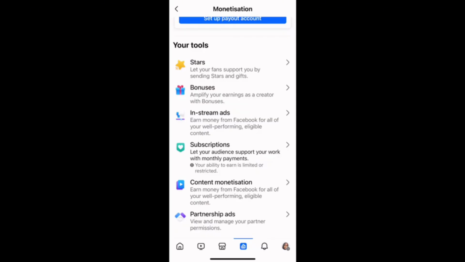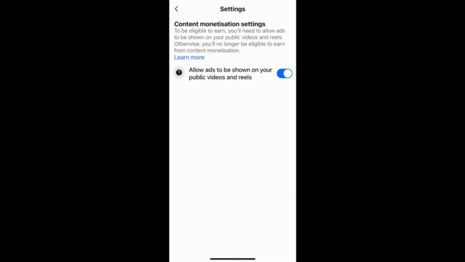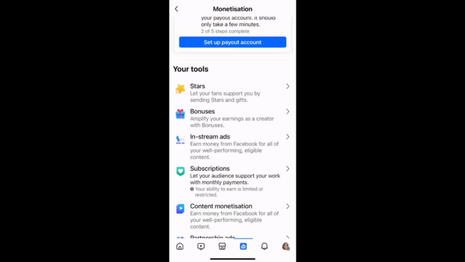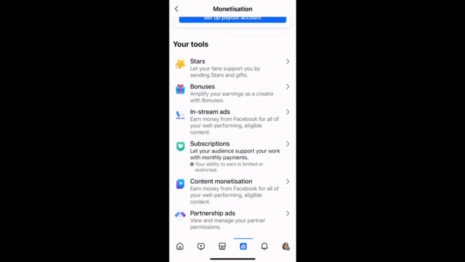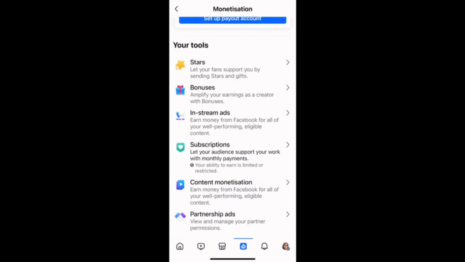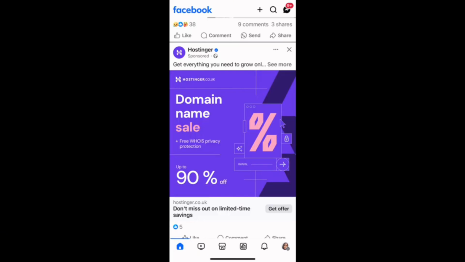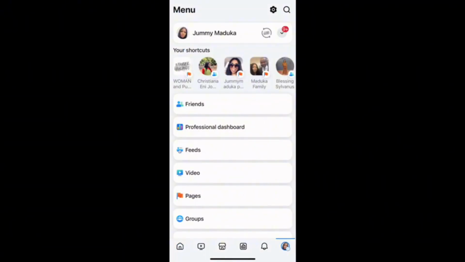So you can see my profile picture right there, and this is my own particular page. So I'm also going to show you how you can go ahead to set up from the very, very beginning. Yes, I'm going to do that in this particular video. I just had to show you that if you already have in-stream ads, you've already done the proper setup. This is all you need to do, and you have content monetization added. In a couple of hours, you're going to see all of what you can do.